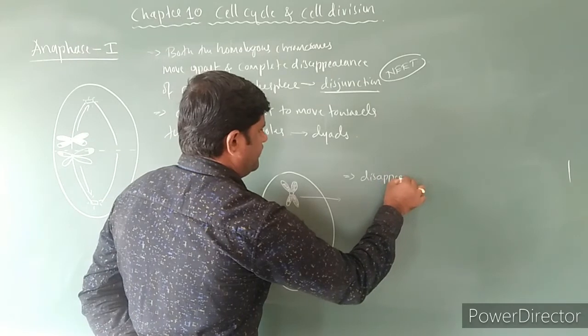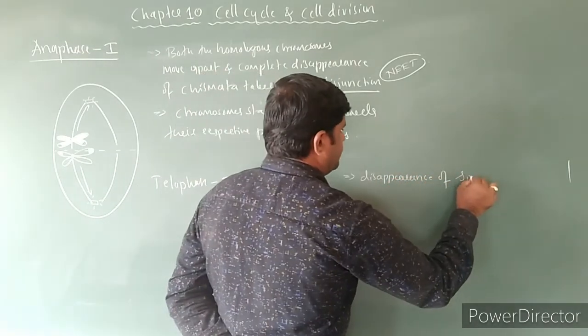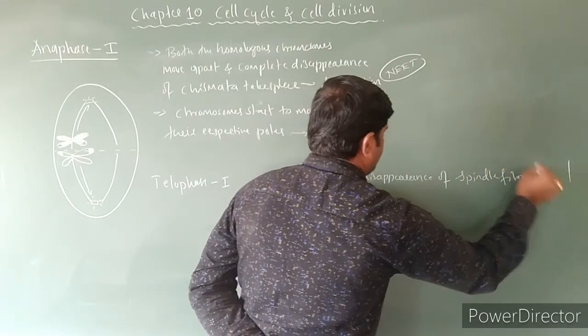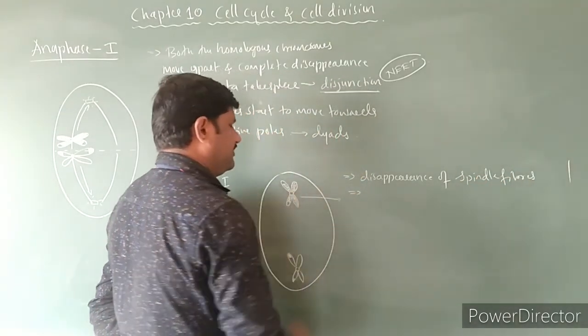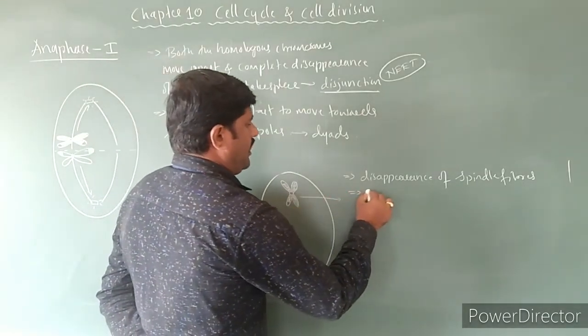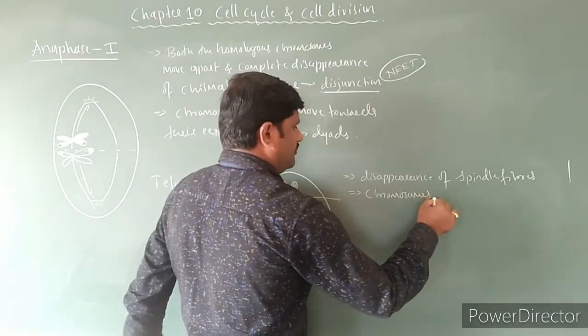The disappearance of spindle fibers takes place over here, and the chromosomes start